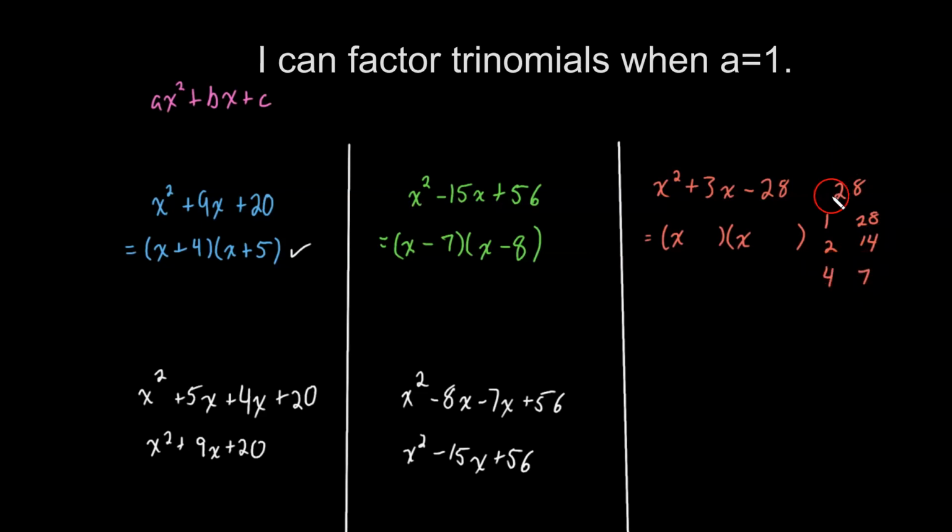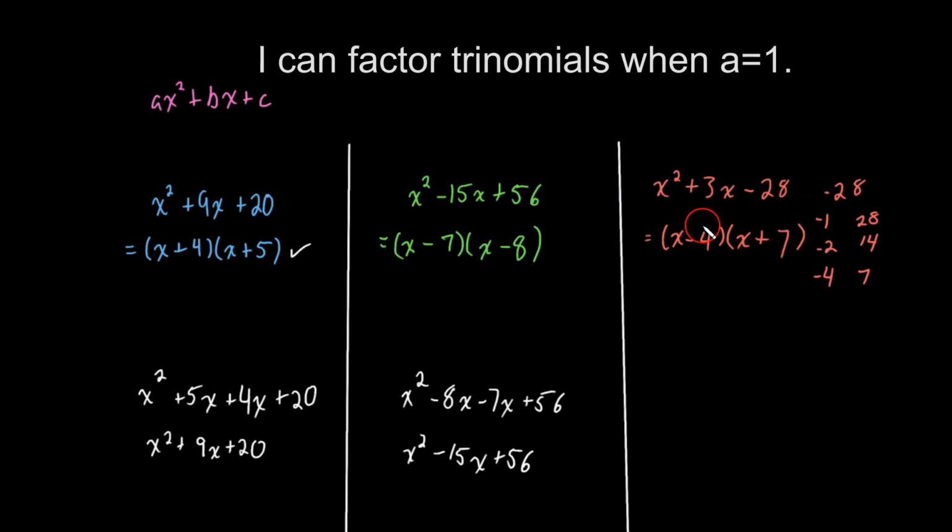4 and 7. We're actually looking for factors of negative 28. So one factor in each pair needs to be negative, because a negative times a positive is a negative. And we know that our sum needs to be positive. So that means that the factor with the greater absolute value needs to be the positive one, and the lesser absolute value is going to be negative. Which one of these sets of factors adds up to positive 3? Well, that's going to be negative 4 and 7, because negative 4 plus 7 is positive 3. So we'd go x minus 4